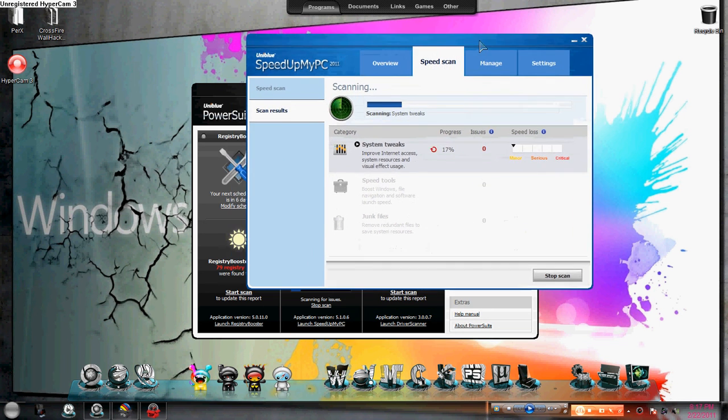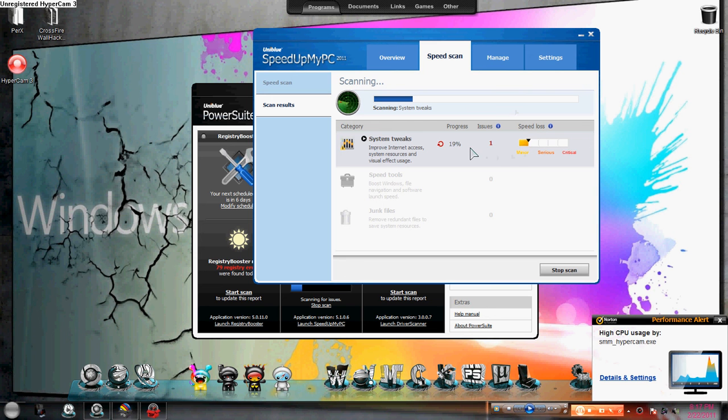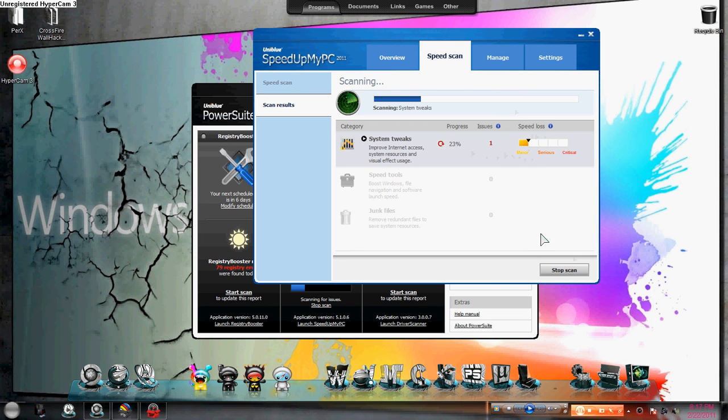As you can see, my speed loss is just minor because I just scanned it earlier. I have one issue, and after it finishes scanning your computer, you can just delete those issues to speed up your computer performance. I'll just stop it.